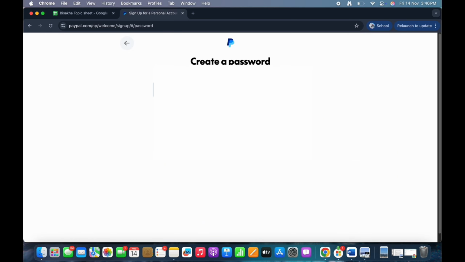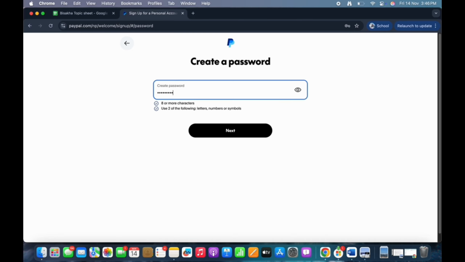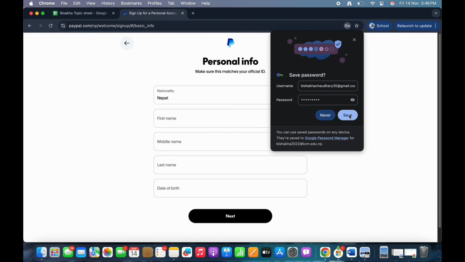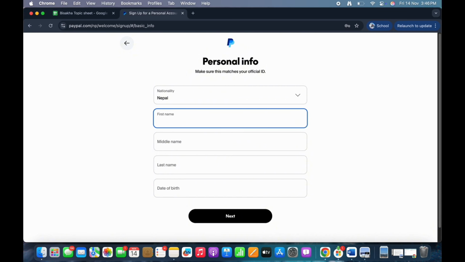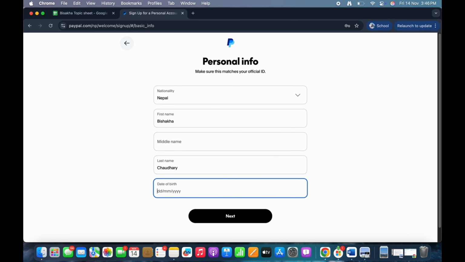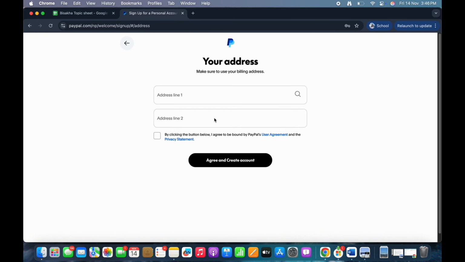Make sure that the password includes 8 or more characters and either includes letters, numbers or symbols. And once you have entered your password, tap on the next option and you will then be required to enter your nationality, your first name, your middle name, your last name, and your date of birth. So enter the following and tap on the next option you see there,